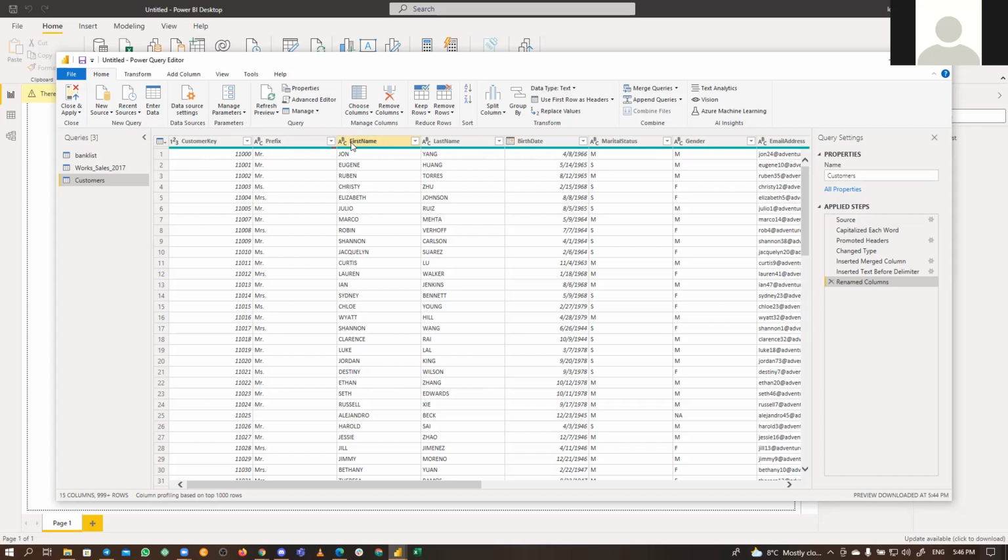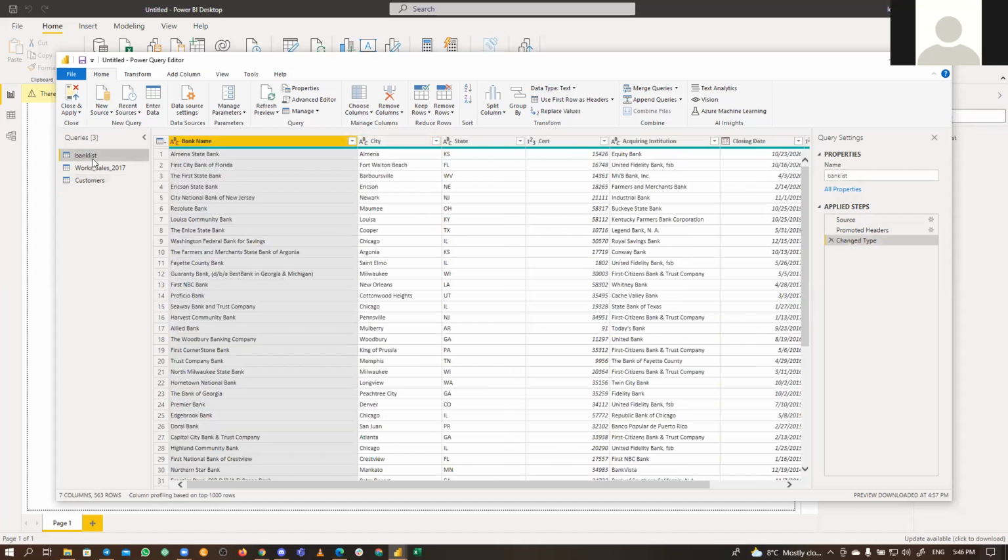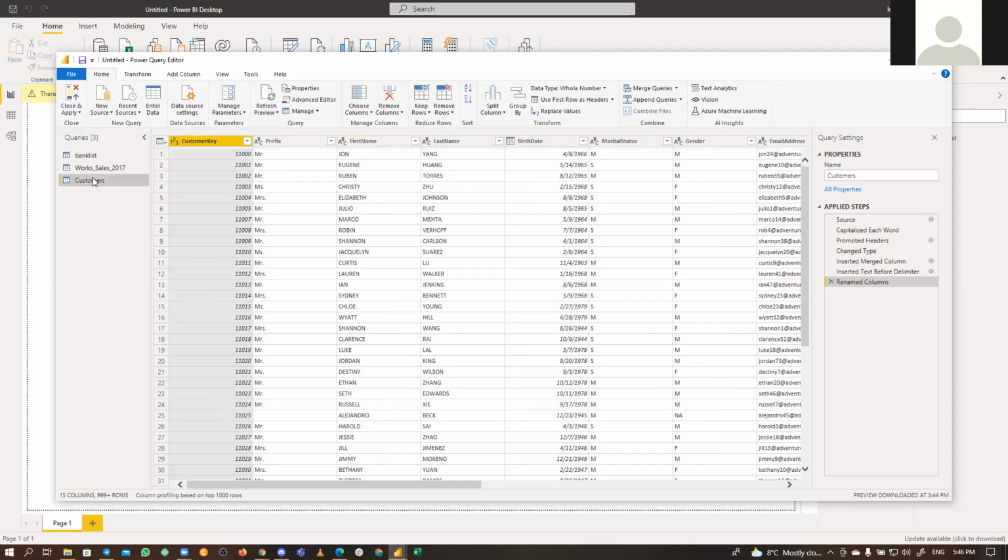Sorry, if I understand correctly regarding the page you are asking, since we are using queries, shouldn't it be like you save this separately and then open another query? For instance, if you look at the left side, it has a bank list, customers. So you can save another one and have it separately and then work on it. Or what do you mean by pages? Something like having different sheets for Excel, right? I think she meant. Okay, go ahead. Please go ahead.